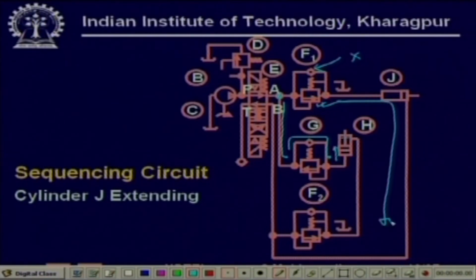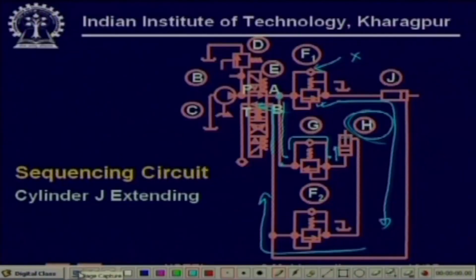So flow goes like this, like this, like this. So cylinder J extends, right? All through this, remember that there is a pressure on this. So this pressure is holding. Cylinder H is pressed up. So if you are using it for clamping, there is a clamping pressure. Next,